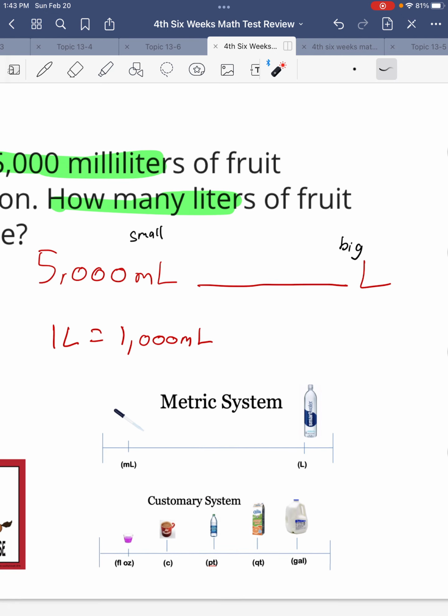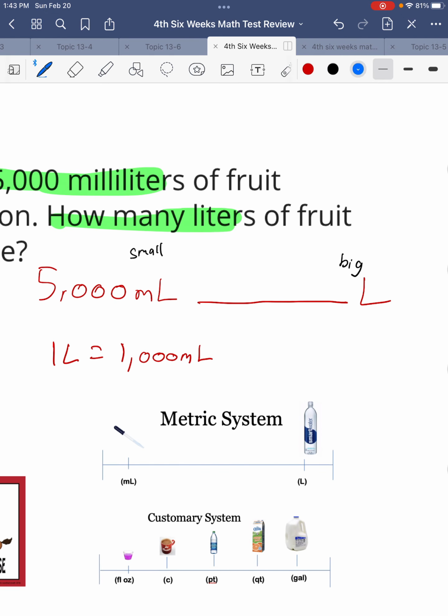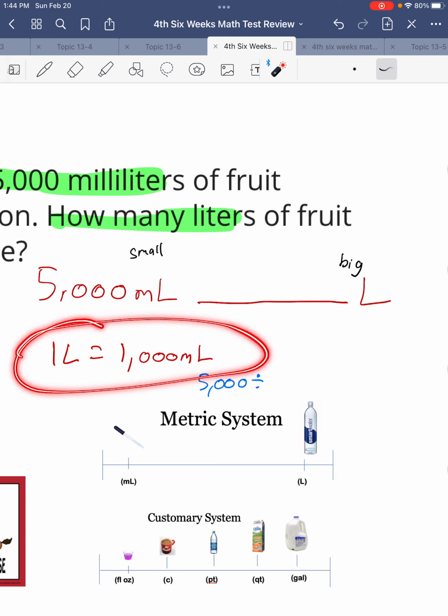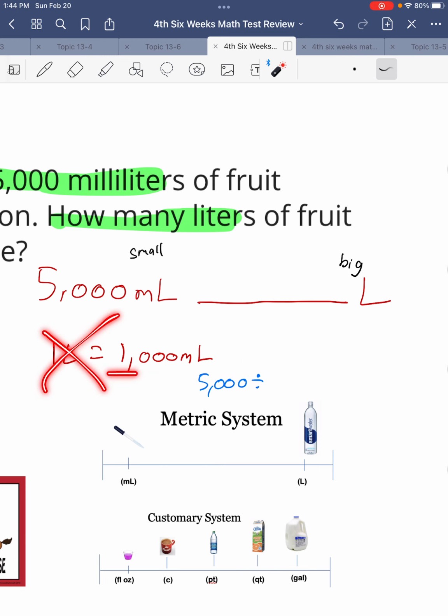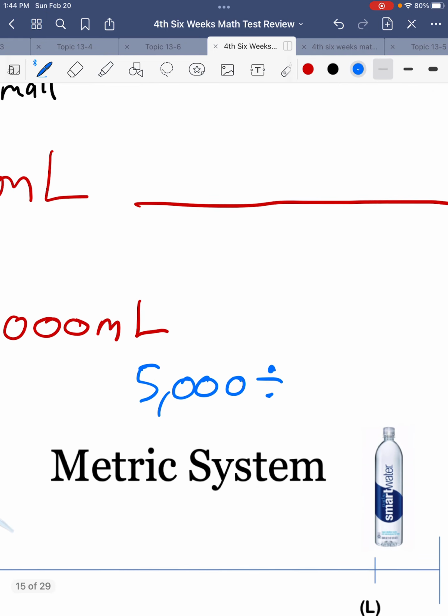So I'm going to take my 5,000 and I'm going to divide it. Now, I've seen people have this problem where they're like, well, Miss Martinez, how do I know which one to divide, okay? Remember, you don't use the 1, okay? I'm only putting it there so we know our whole conversion, but you don't need the 1. You're going to use your 1,000, okay? Because also I'm converting milliliters to liters. So I'm going to do 5,000 divided by